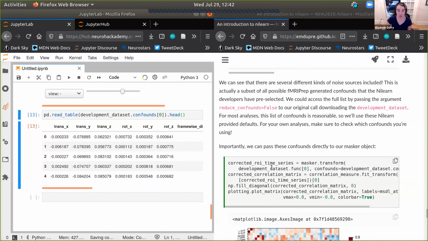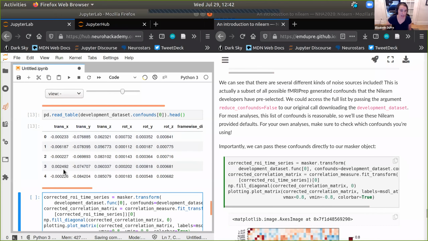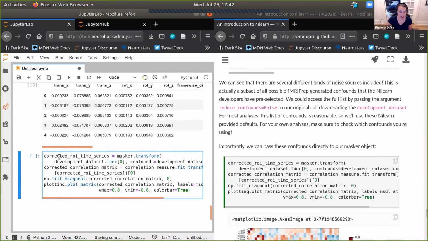Okay, what's really cool is that because we have this list of confounds, we can actually pass these directly to our NiftiLabelsMasker object. So I'm just going to copy this in. And now I have this corrected ROI time series, which is exactly like the ROI time series before.